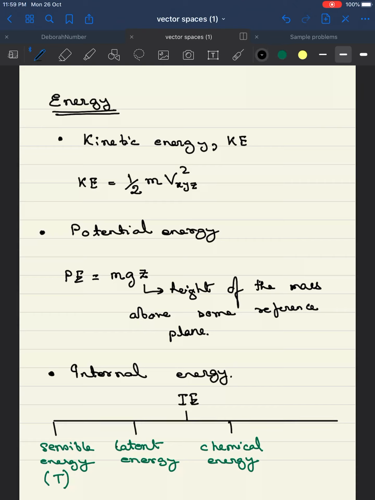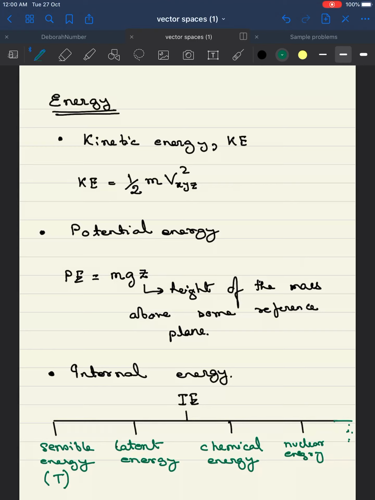Then you can have nuclear energy, and many other types of energies can be there. Nuclear energy is the energy associated with attraction between particles within an atom, such as attraction between the protons and neutrons. And there are other forms of internal energy, such as energy associated with the electric fields, magnetic dipole